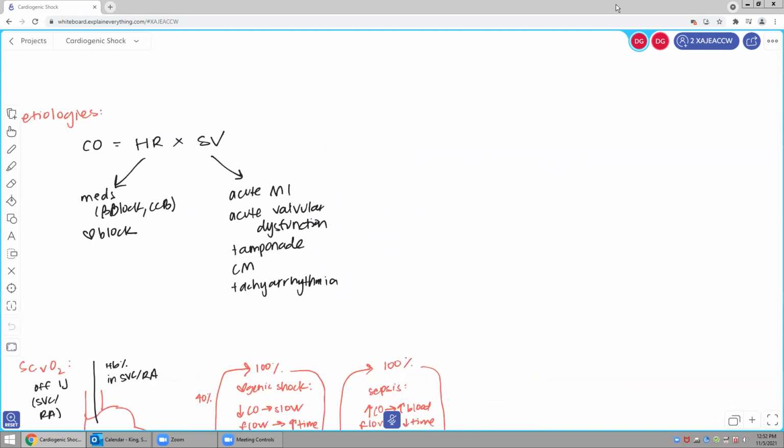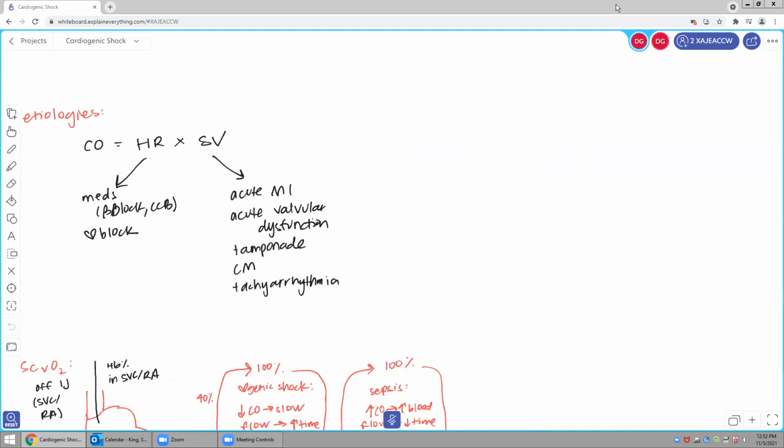So you need a Swan or at least central access. So cardiac output also equals